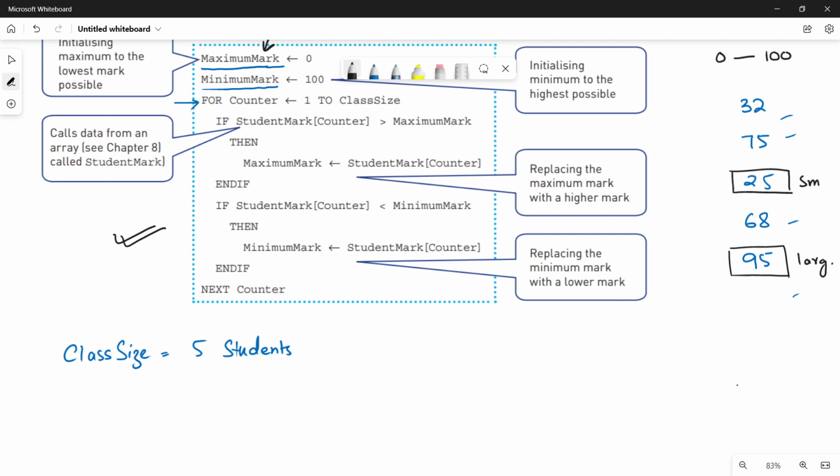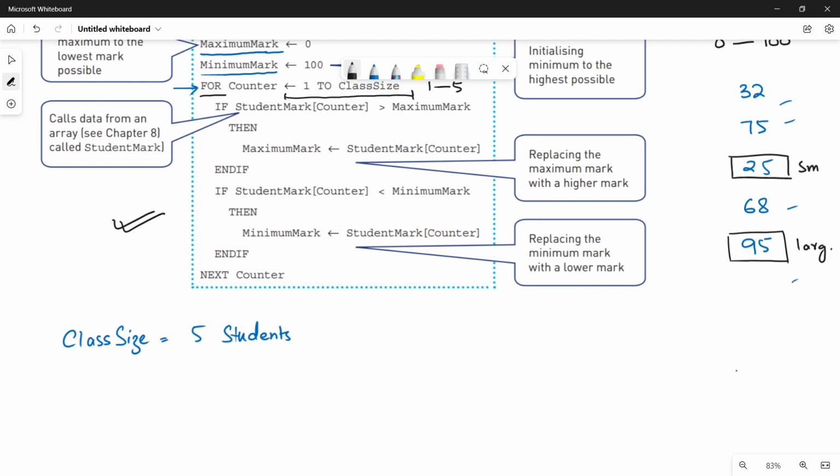We know that for loop is an iterative loop and it starts with 1 until the class size. Why? Because we have to see mark for each student. So it will go from 1 to 5. For every student, it is going to check the mark. Now, inside my for loop, let's do it in iterations. I'm writing it here, iteration